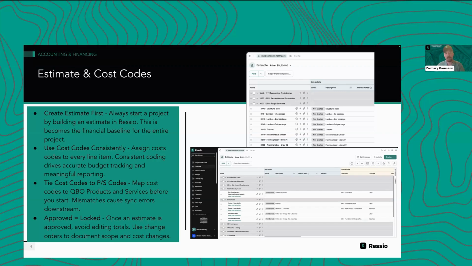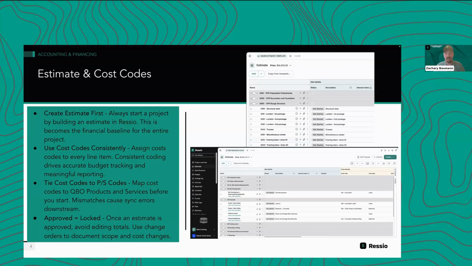But what we're really getting at here is that your moment of locking is when you're saying, I want to set my original contract price, so that any changes that are made to this number, positive or negative, or are made to this scope of work are considered revisions. So when you're going into your budget page for the first time and you're building an estimate and you're looking at the budget table and you're like, hey, why is nothing populating in my original budget column here? That's likely because you have not locked your estimate.